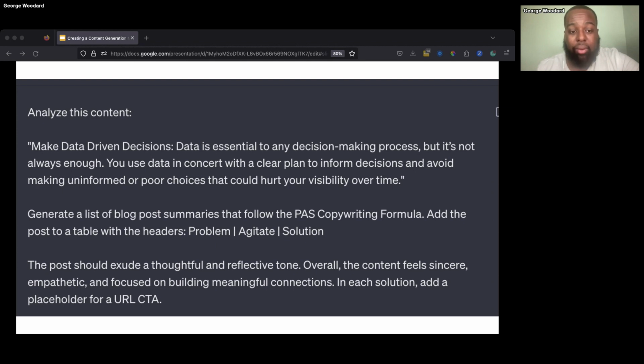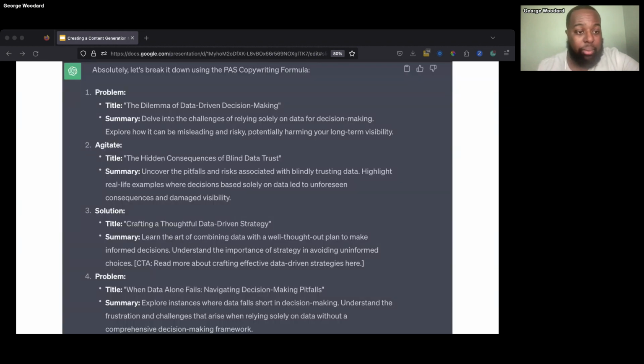And then in the last paragraph, I'm telling ChatGPT the outputs should reflect a certain tone. I want it to sound a certain way. Again, I'm not copy and pasting it, but I'm getting a good head start on how I want my output to sound. I want it to be reflective, sincere, empathetic. And then eventually I want a CTA. I want the reader to take another step. So, from a conversion optimization standpoint, you want them to take another desired step to get them closer to a predetermined goal. And then once you hit enter, this is what you get on the output.